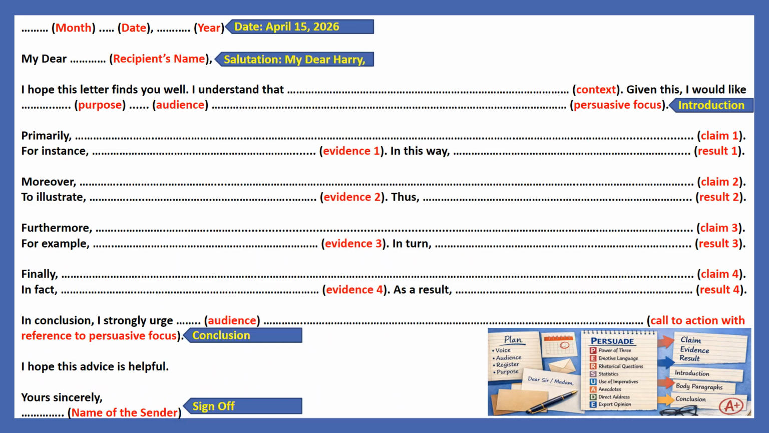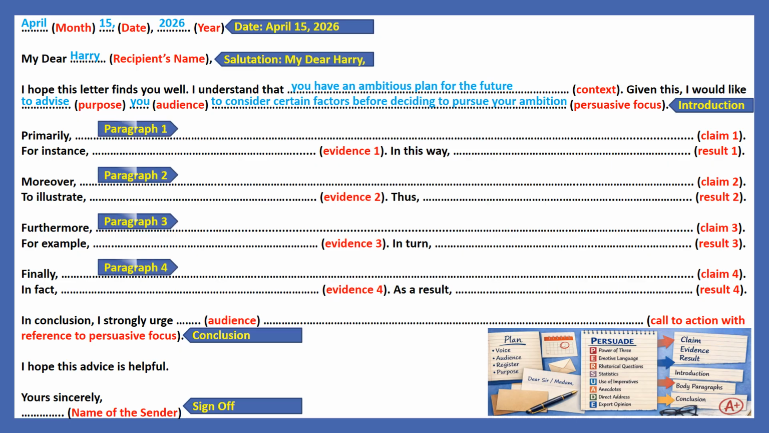Your response should include the following: the date, written appropriately, the month first, followed by the date without suffixes such as th or st, then a comma, and the year. A salutation followed by a comma to address the recipient of the letter. An introduction that covers the context, purpose, audience, and persuasive focus. Body paragraphs structured using the claim, evidence, result pattern. Each element should be introduced with appropriate transitions, addition for the claim, illustration for the evidence, and result for the